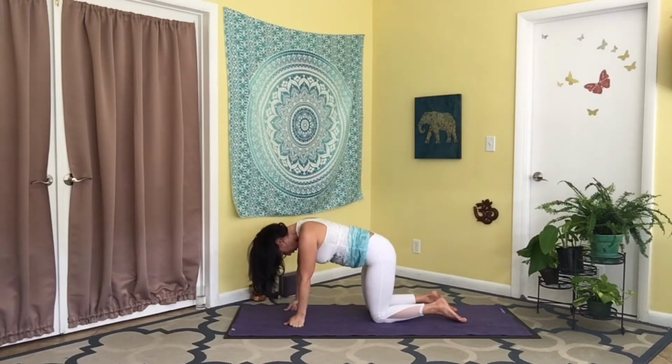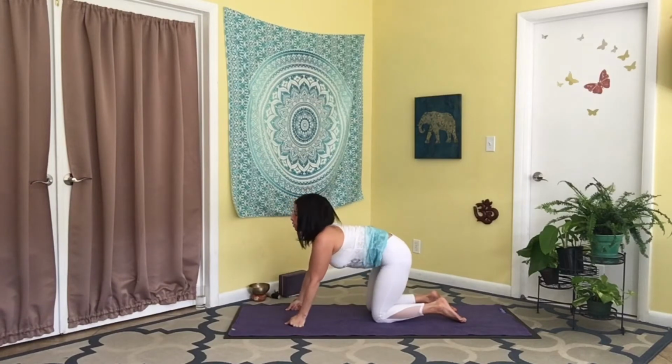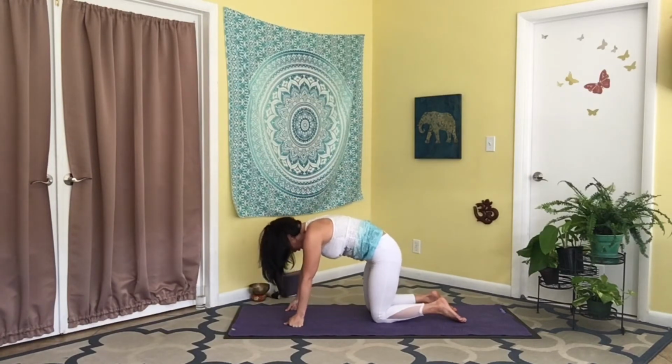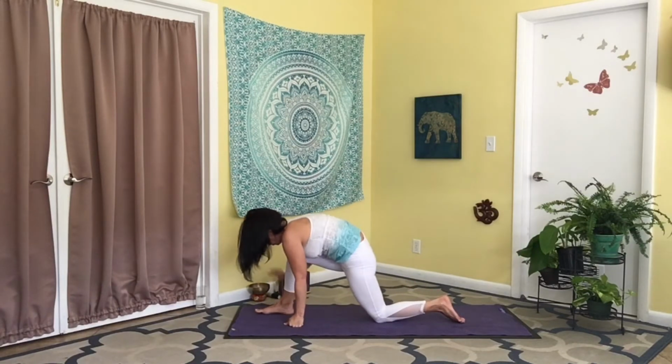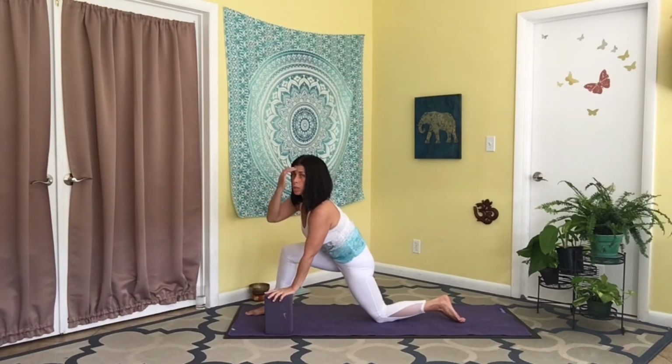One more deep breath in. And out. Beautiful. Come back into center. Bring your right leg through in between your hands. Find your lunge. Feel free to use your block if this is more comfortable and safe for you and your